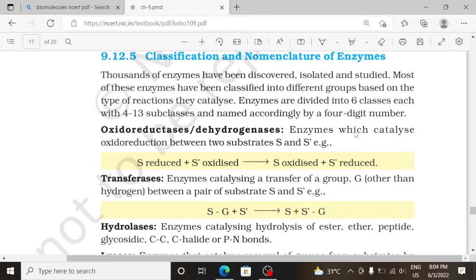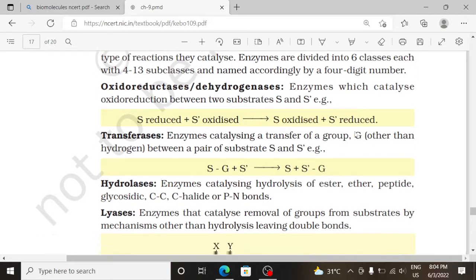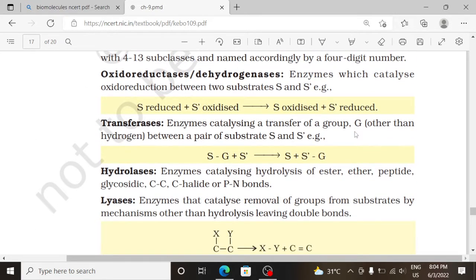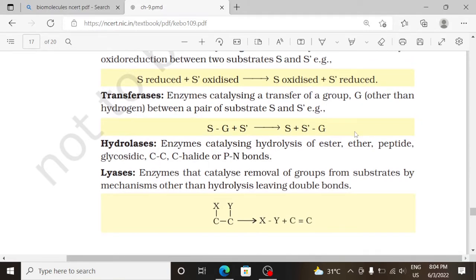Oxidoreductases or dehydrogenases, enzymes which catalyze oxidoreduction between two substrates S and S dash. Example, S reduced plus S dash oxidized then gives S oxidized plus S dash reduced. Now, transferases, enzymes catalyzing a transfer of a group G other than hydrogen between a pair of substrates S and S dash. Example,